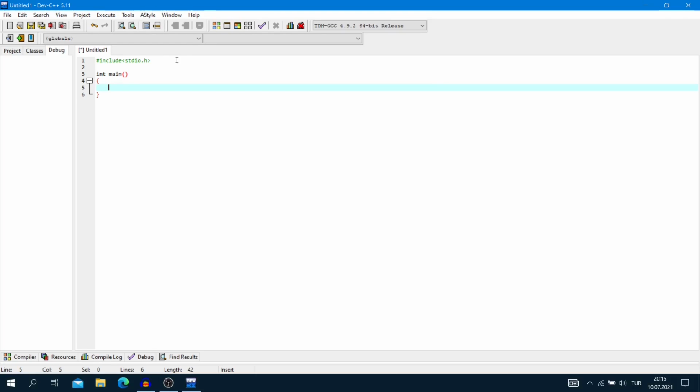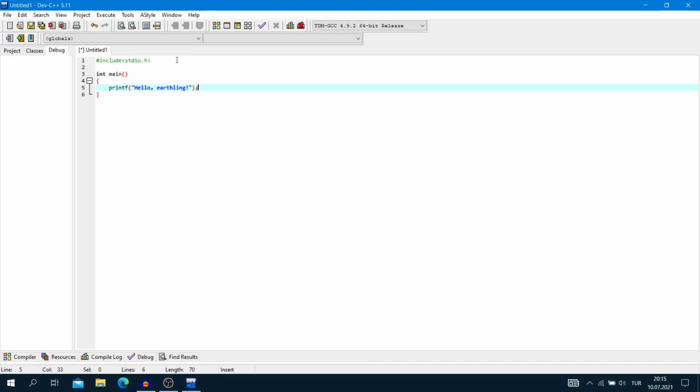Now, we are going to tell it, in curly brackets, what we want our program to do. We ask our program to say hello to an earthling, so let's ask it to print "hello earthling" on the screen. For this, we use the printf function in our library that we defined above. I know you are wondering about the semicolon at the end of our command. In C language, it means, hey compiler, my command ends here. You do not have to consider it anymore.